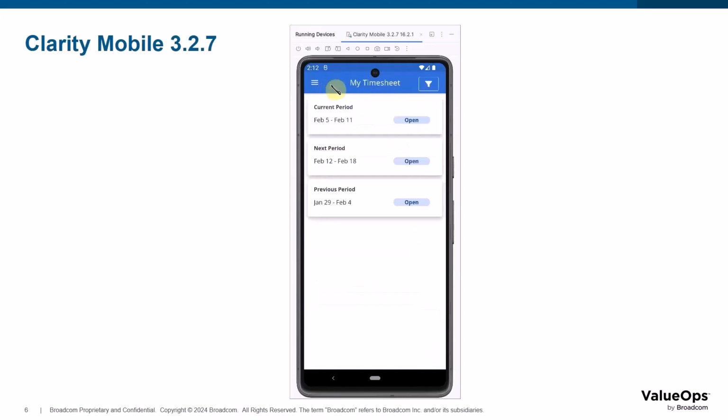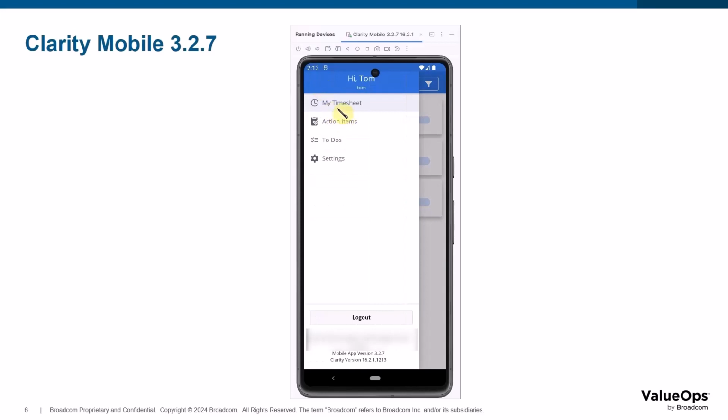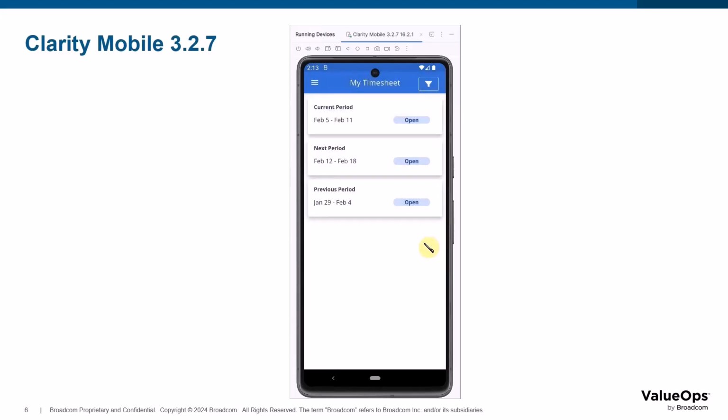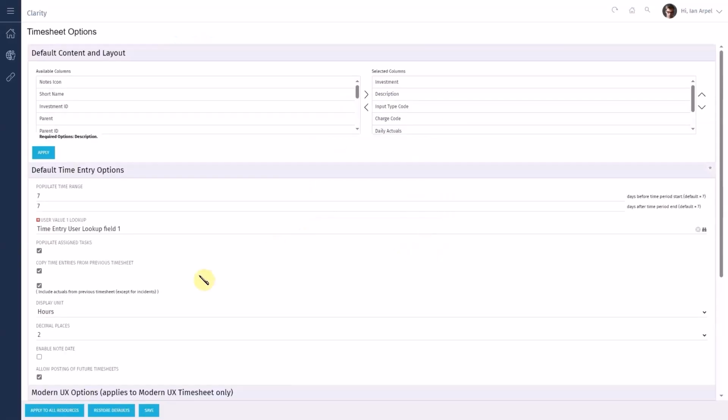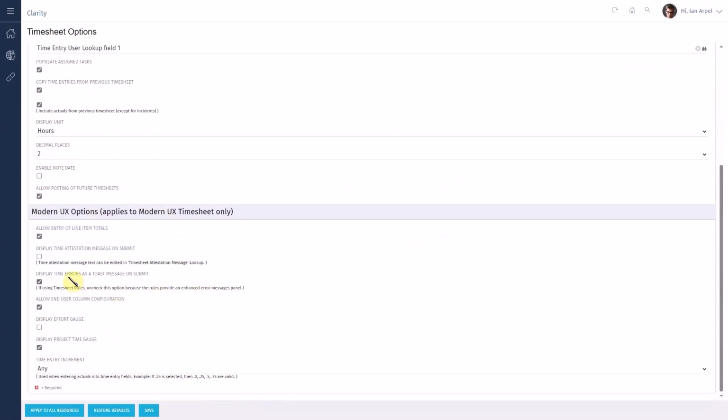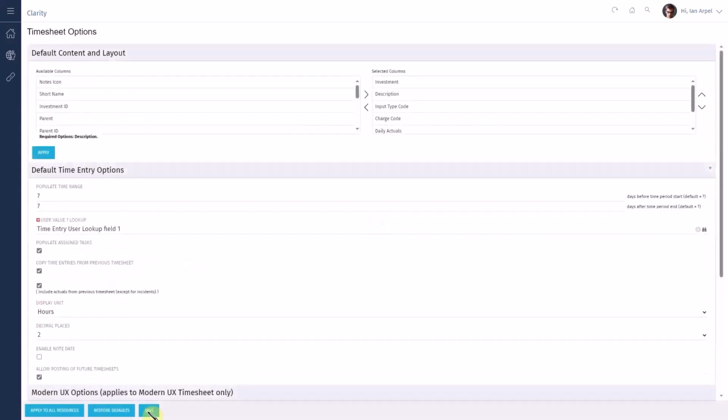If I was the approver and I'm waiting for my user to submit a timesheet and I don't know why they haven't submitted it, I can go into the review and approve, which Tom does not have access to, but I could go in and look over there. But let's go ahead and change one more thing, which is let's also look at how this will appear to the end user if I uncheck this display timesheet error. So I can uncheck this, save this value,